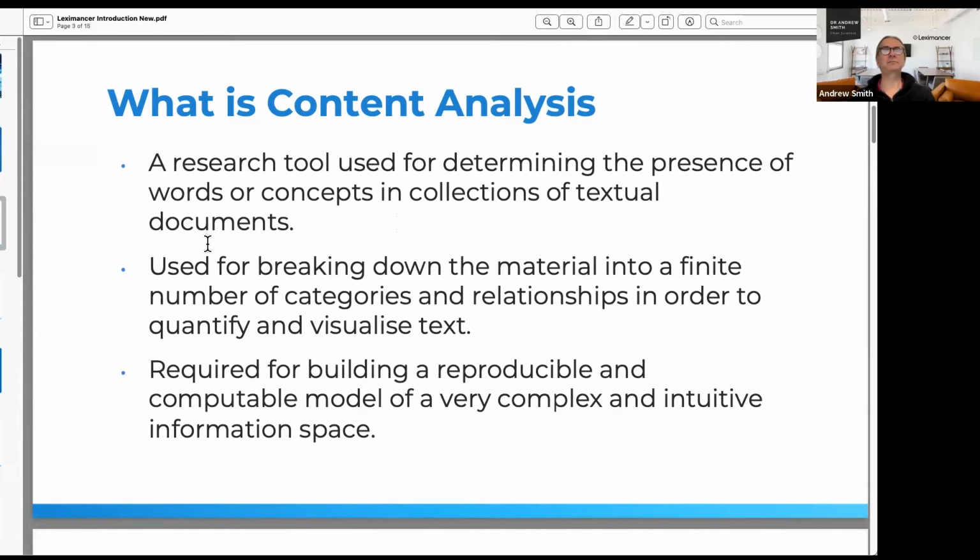We'll see that Leximancer tries to discover a small number of concepts that cover most of the data. But you might want concepts that cover just a small part of the data. You might want to look at a particular topic and code a particular topic theme. And you can certainly do that, but that's an advanced setting where you take control of the model. So let's continue. Content analysis determines the presence of words or concepts in your collection of text,